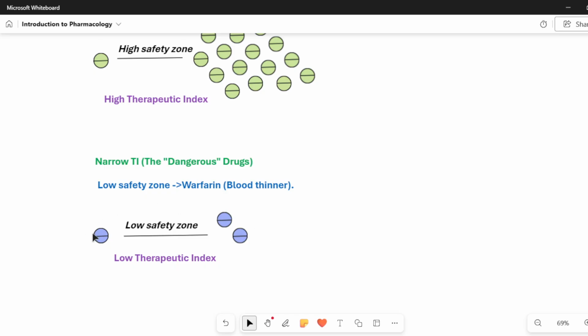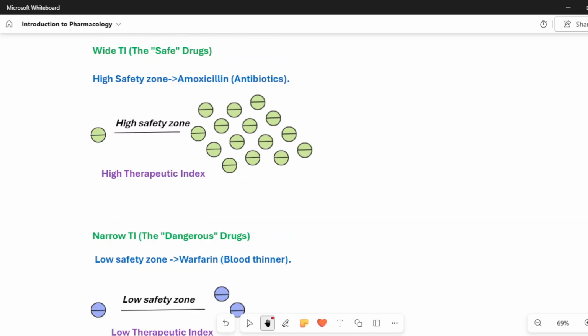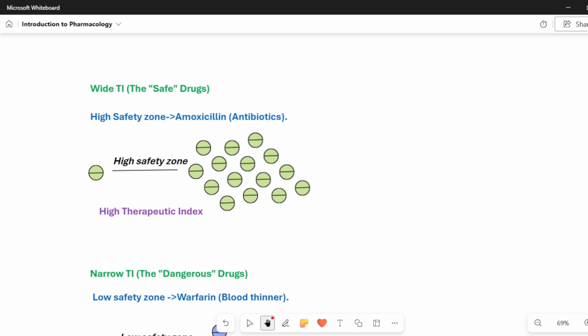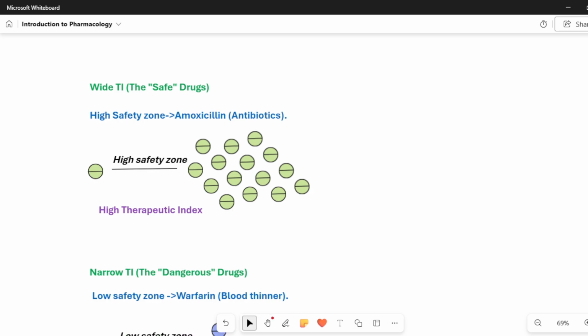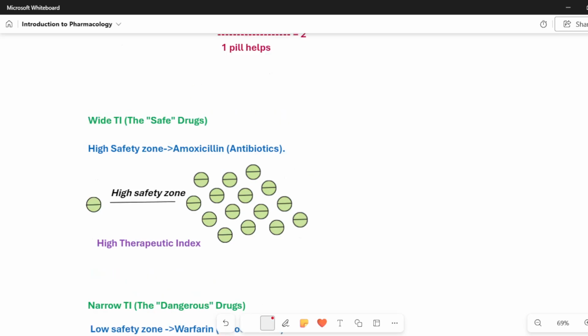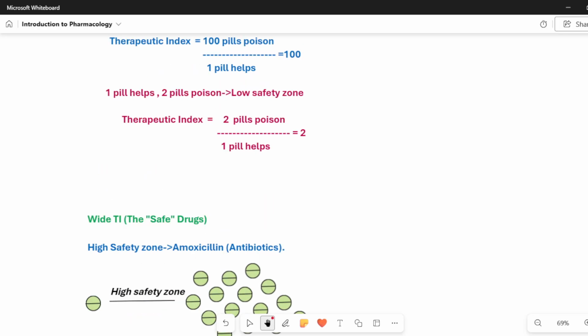One tablet is fine, but if I have 2 tablets, then it will result in internal bleeding. So that's why these are all dangerous drugs. We have to be very careful with drugs which have a narrow TI. Most of the drugs are considered safe when even high dosages will not cause poisoning in our body.